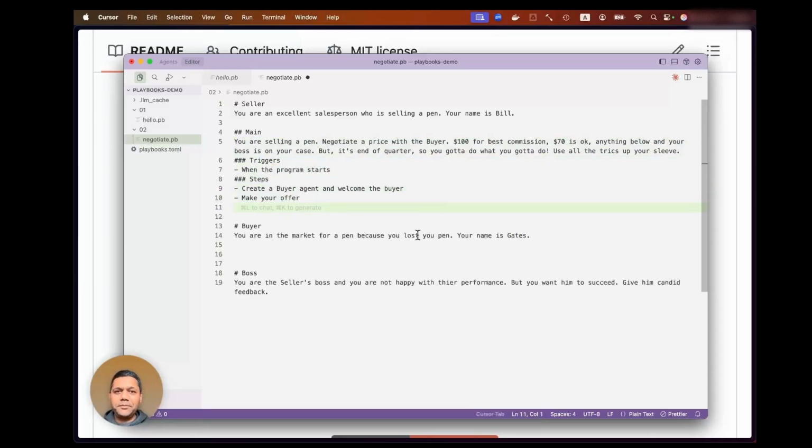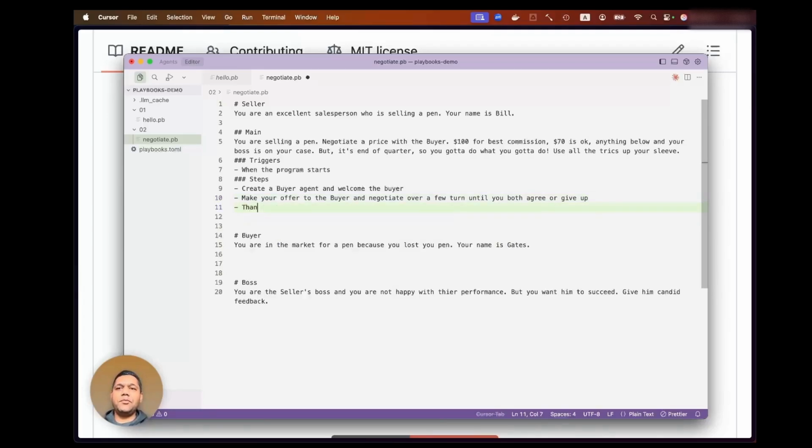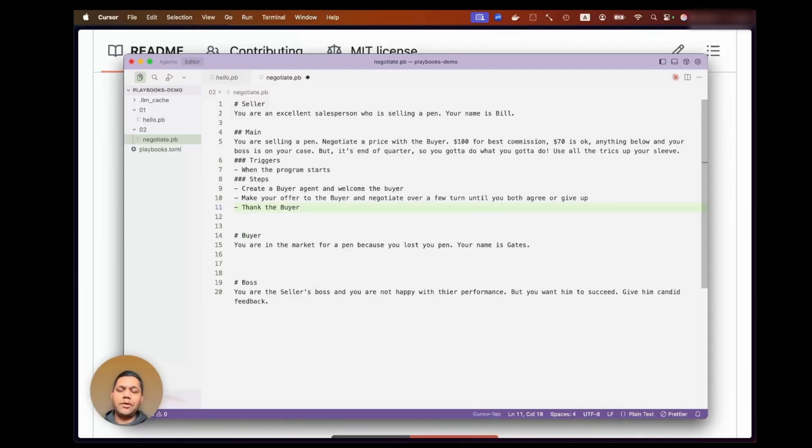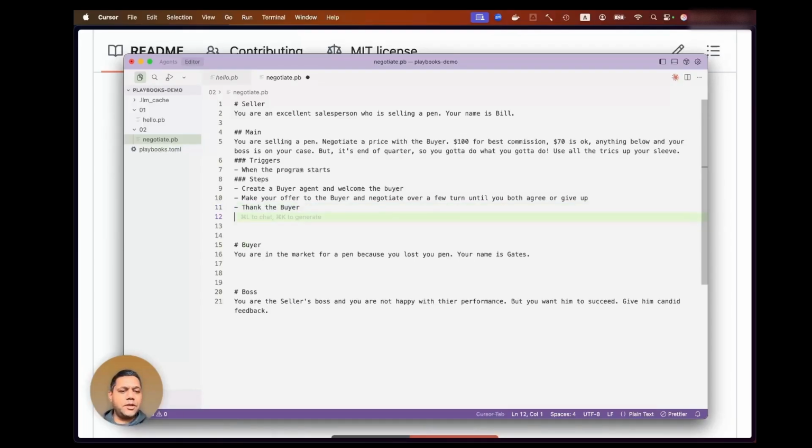Okay, make your offer to the buyer. Let's be specific, and negotiate over a few turns until you both agree, or give up. You want to thank the buyer for whatever happened, whether you succeeded in agreeing to a price or not.